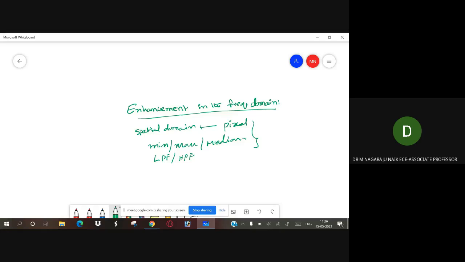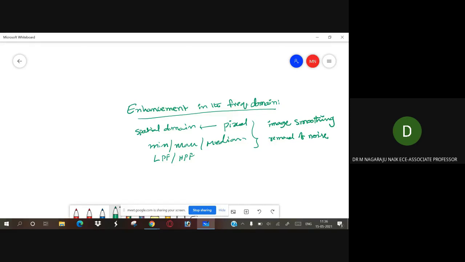In these operations, we are enhancing the image, smoothing, and removing noise. These two factors are obtained by direct manipulation of pixels.